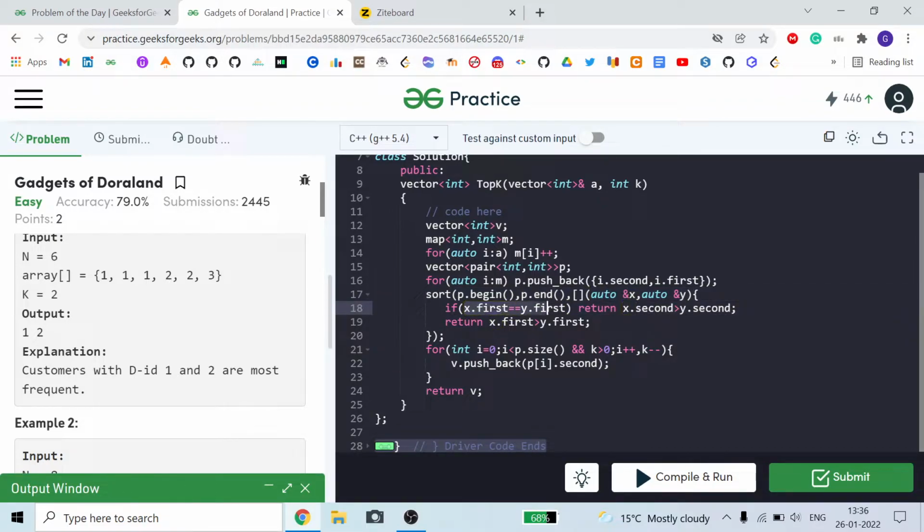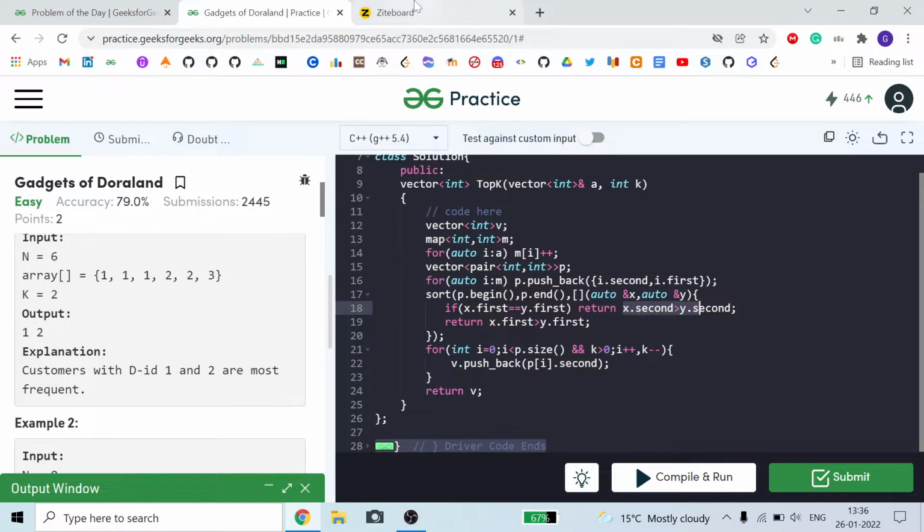If the numbers of occurrences of two numbers are the same, like here, you can see I am storing in the first index of my p vector the number of occurrences, i.second. So in the vector, my first number will store the occurrence. If two different numbers have the same number of occurrences in my vector, then I will put the greater number in first place.